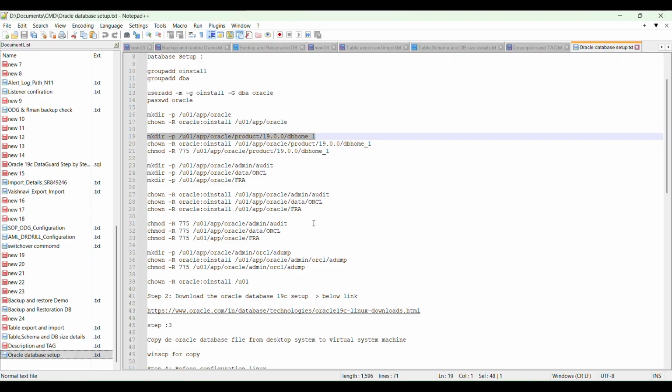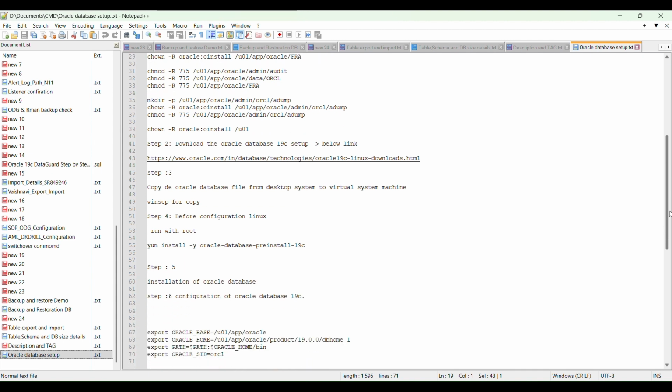Until we will see our steps. Okay, here we have downloaded and we have copied to the target home location. And now step 4, we will copy